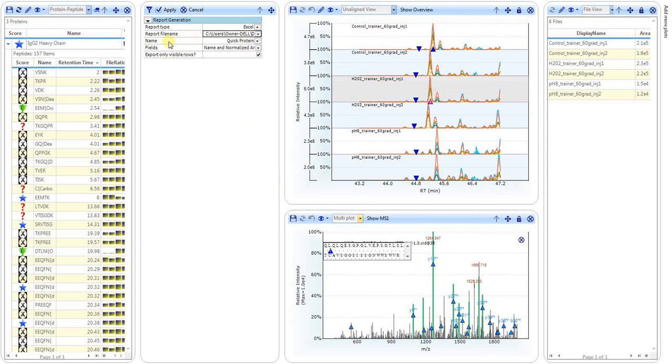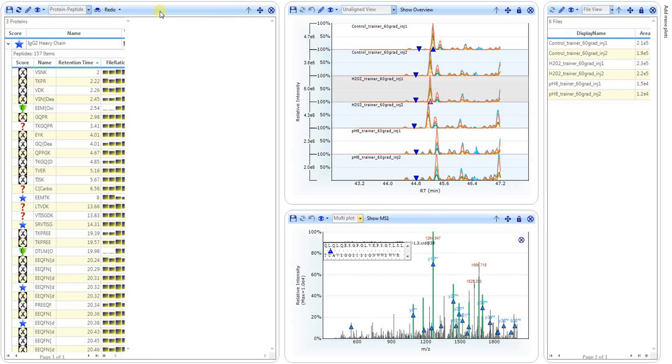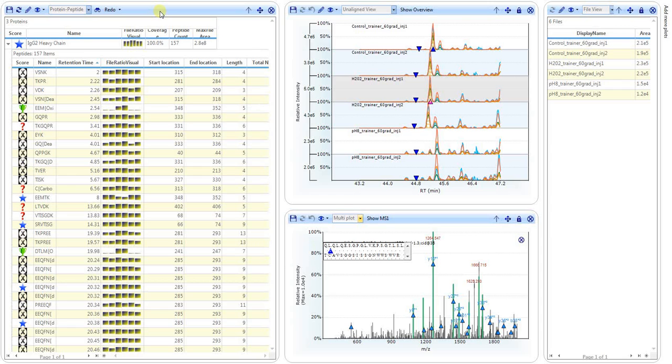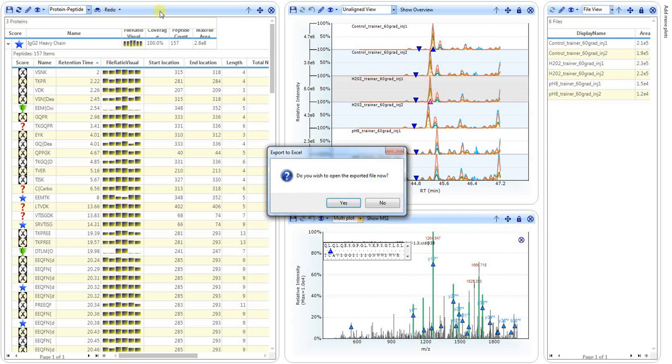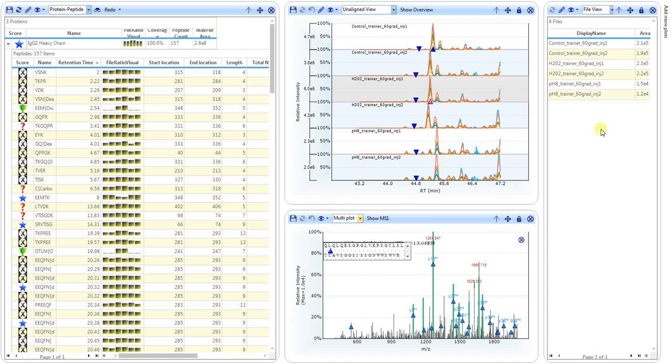And then you have your options of what you want to do. Is it just a quick protein or peptide, which simply lists those aspects that were identified? There is no additional information. Or you can go to the detailed protein, which would only be the protein information, or if you only had the peptide information, it would give all of the aspects that you've created in the column headers. In this case, we'll do a detailed protein and peptide. And so when we hit apply, it will go through and create the Excel spreadsheet. And if we just say yes,